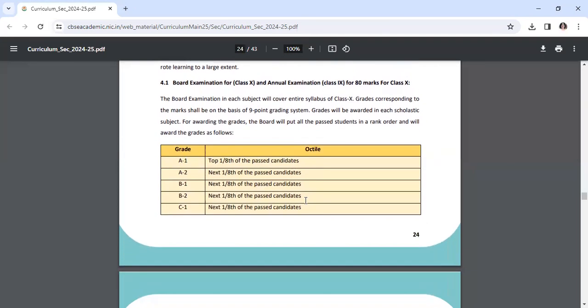Board examination for class 10 and annual examination for class 9 are for 80 marks. The board examination in each subject will cover the entire syllabus for class 10. Grades corresponding to the marks shall be on the basis of a 9-point grading system. Grades will be awarded in each scholastic subject. For awarding the grades, the board will put all the past students in a rank order and will award the